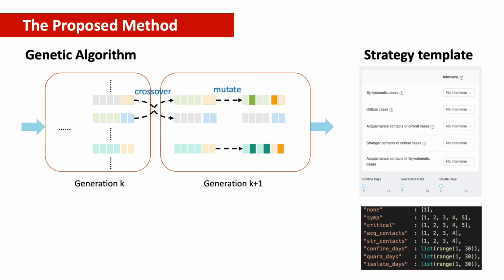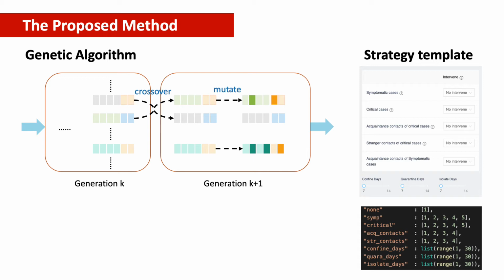To generate our solution, we use a genetic algorithm to find the intervention strategies. GAs are a family of computational models inspired by evolution. Generally speaking, a basic GA contains the following procedures: initialization, evaluation, and evolution. In the evolution stage, there are crossover and mutation among different generations. As shown in the